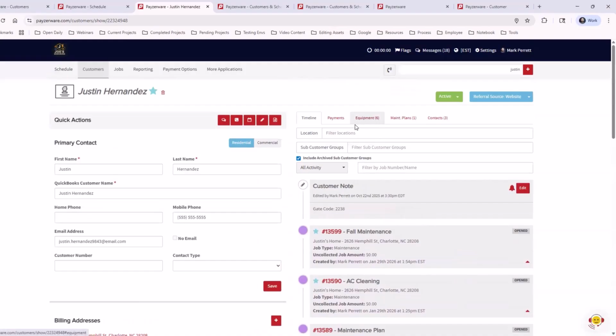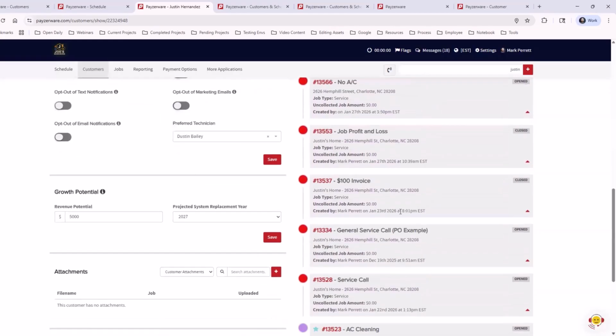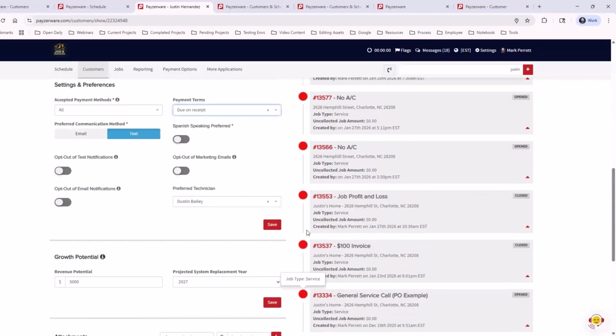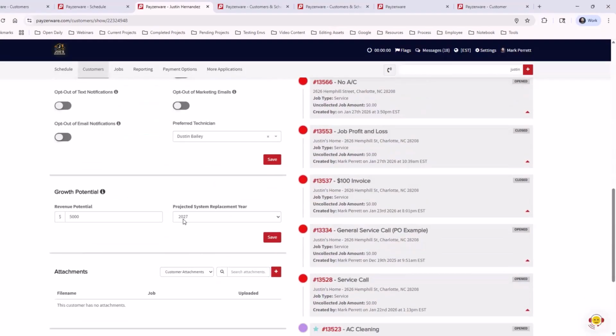But you can look at the equipment, determine how much potential revenue you could get if you were to sign them up or sell them a new system, and put this here just kind of as a note, a reminder for you, and projected system replacement year. So you might say, is it time for them to get a new system? Let me check down here. Oh, 2027. Okay, we're getting close. I'm going to reach out to them at the end of the year